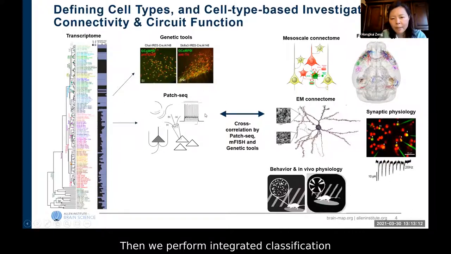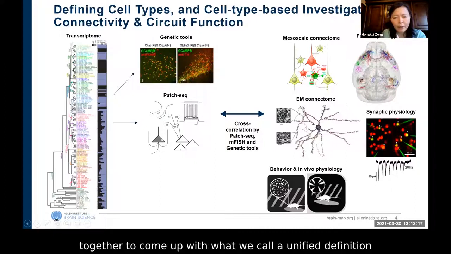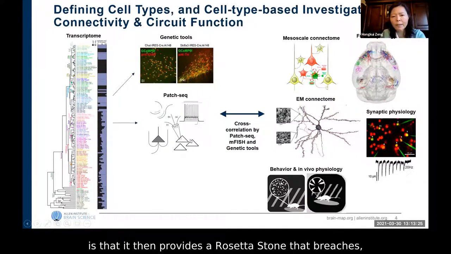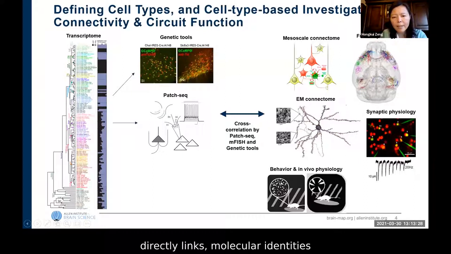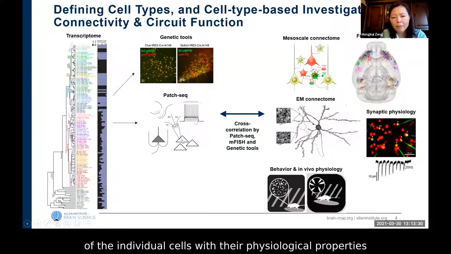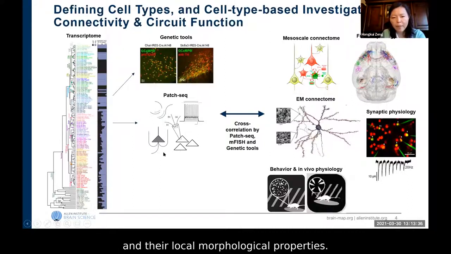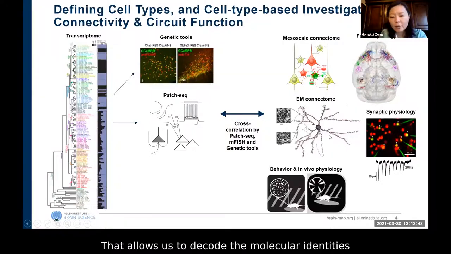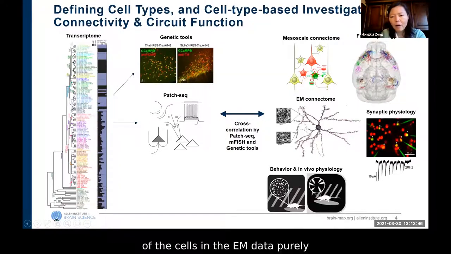Then we perform integrated classification by combining all three modalities of information together to come up with what we call a unified definition of cell types. The importance of this kind of approach is that it provides a Rosetta Stone that directly links molecular identities of the individual cells with their physiological properties and their local morphological properties. And then this kind of information can be used in other data sets, for example, in the EM connectomic data set, that allows us to decode the molecular identities of the cells in the EM data